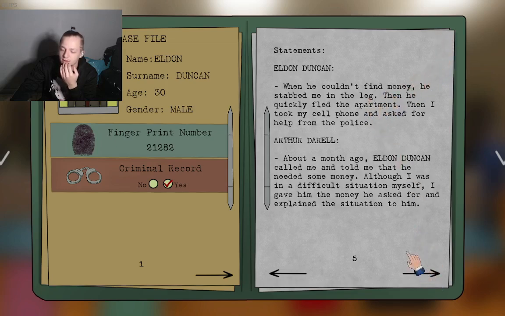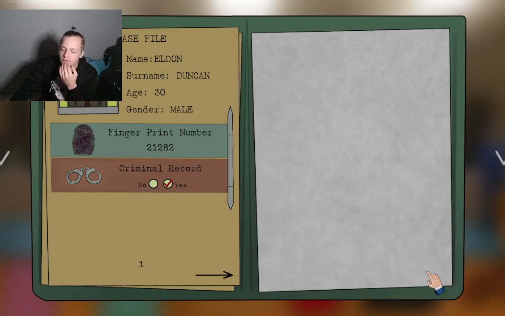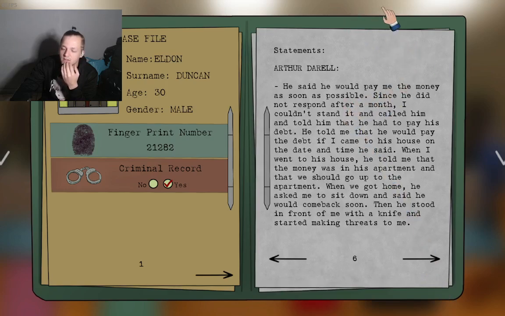About a month ago, Eldon Duncan called me and told me that he needed some money. Although I was in a difficult situation myself, I gave him the money he asked for and explained the situation to him. He said he would pay me the money as soon as possible. Since he did not respond after a month, I couldn't stand it, and I called him and told him that he had to pay his debt. He told me that he would pay the debt if I came to his house on the date and time he said.